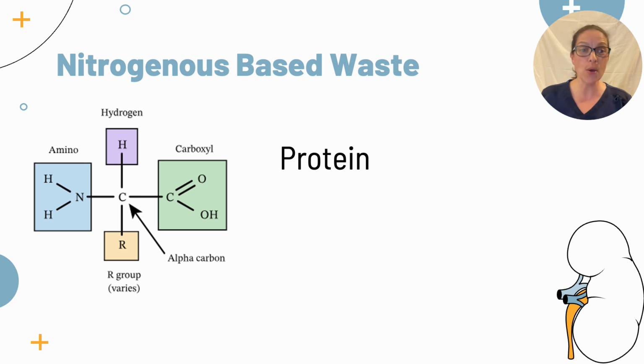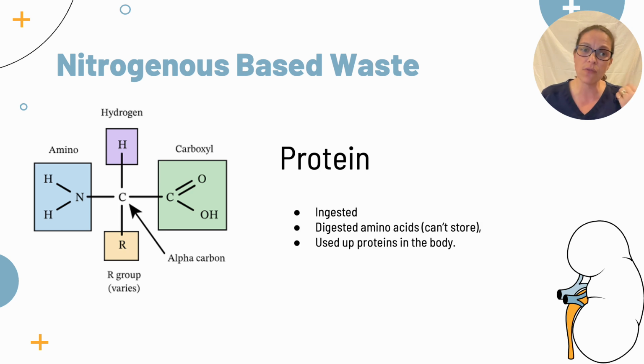Okay, so protein, remember we talked about our 4 macromolecules. Carbohydrates and lipids only contain carbon, hydrogen, and oxygen, but it was that protein that contains the extra nitrogen. And we also get protein from the food that we ingest. So if we eat anything that has protein in it, like meat, fish, eggs, these digested amino acids cannot be stored, right, protein cannot be stored, so they've got to be